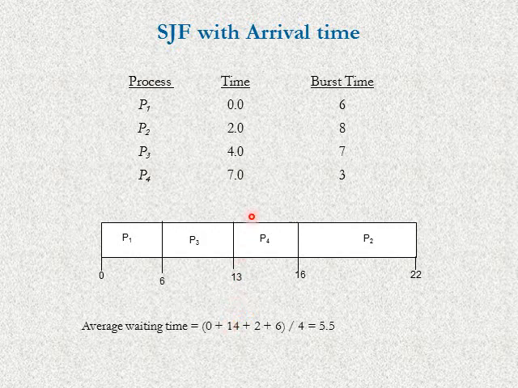For P3, it arrived at the system at time interval 4 and went into the processor at time interval 6. So 6 minus 4 will yield 2. For P4, it arrived at the system at time interval 7 and went into the processor at time interval 13. So it will yield 6 as the waiting time. So if we take the average of all of the waiting times of these processes, we will get 5.5 seconds